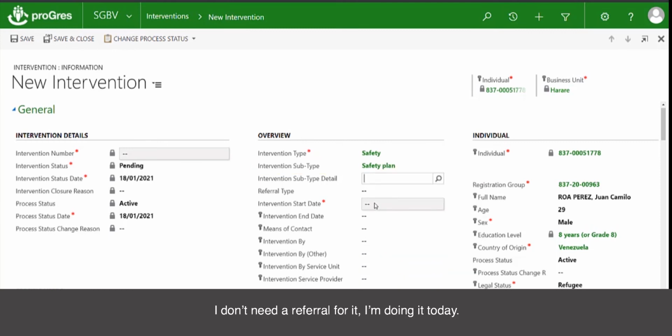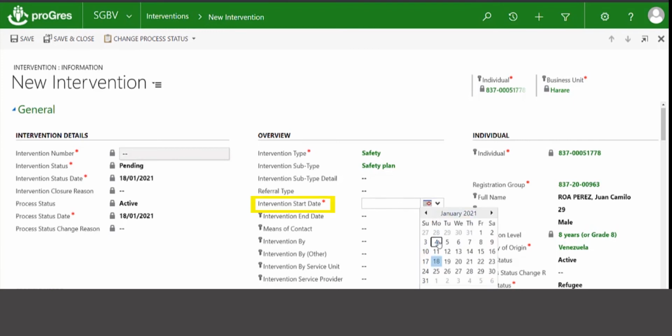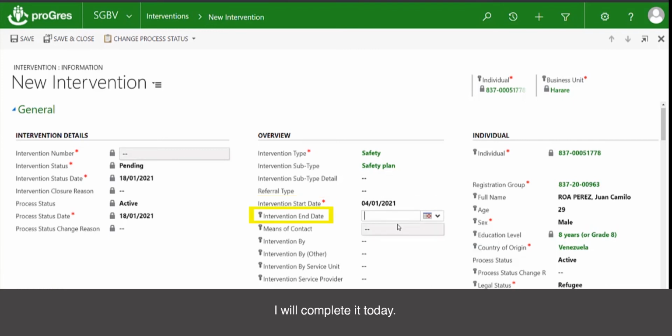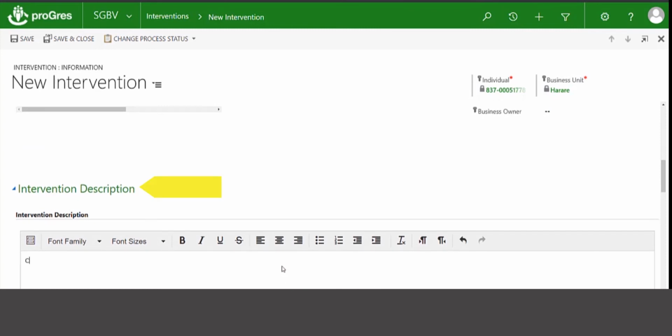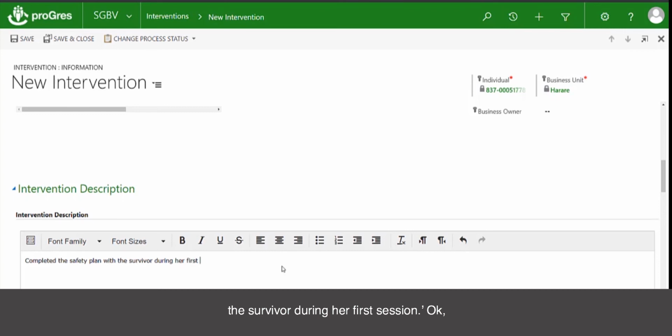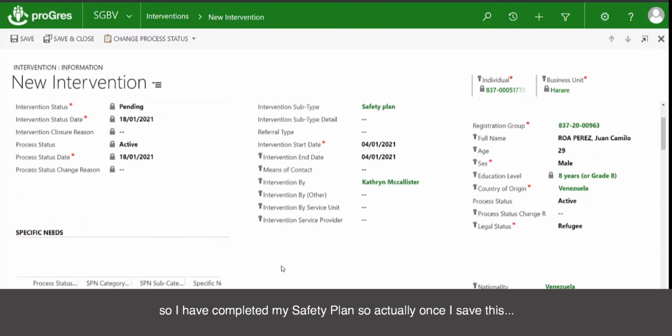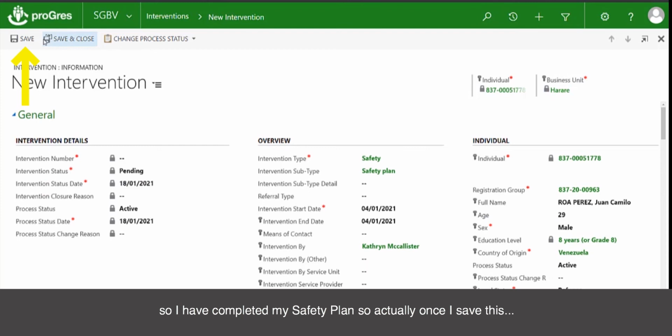So I don't need a referral for it. I'm doing it today. We will complete it today. It's by me. And then, completed the safety plan with the survivor during her first session. Okay, so I've completed my safety plan. So actually, once I save this,